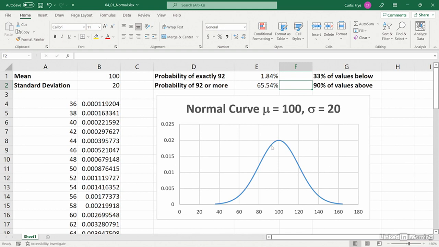We can also ask about percentages of values within a distribution. So let's say, what is the value inside this curve, or as part of this data distribution, that 33% of values are below? So I will click in cell H1 and type an equal sign. We can't use norm.dist for this calculation, but we can use a different function,